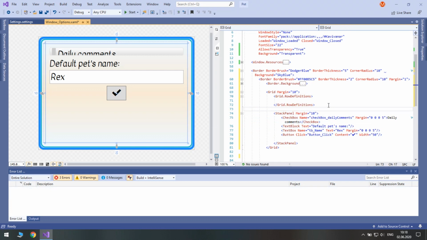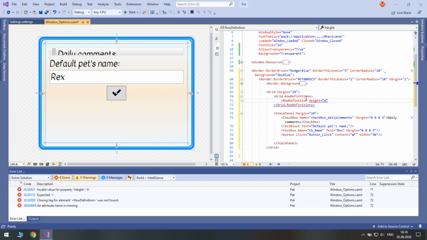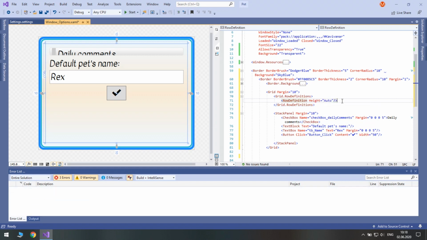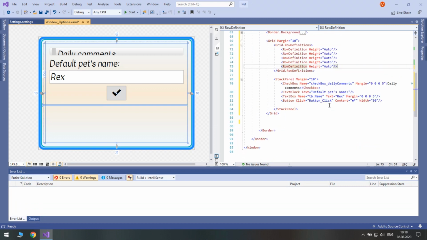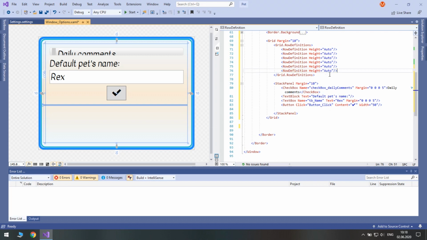So we need a row for daily comments, for this text block, this text box, this button, and also 2 new settings. Well, and also 1 row to fill the rest.